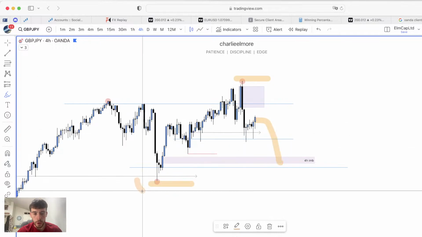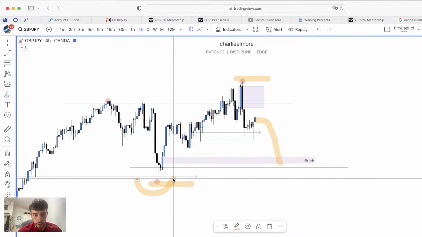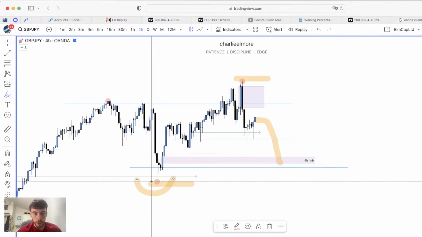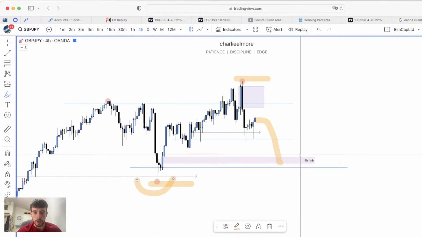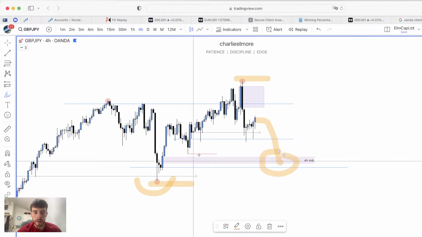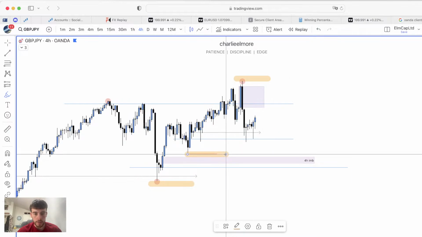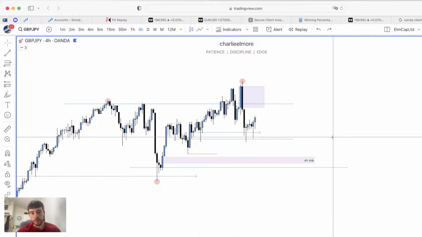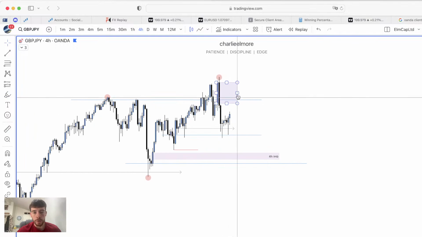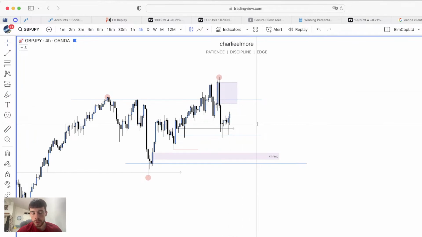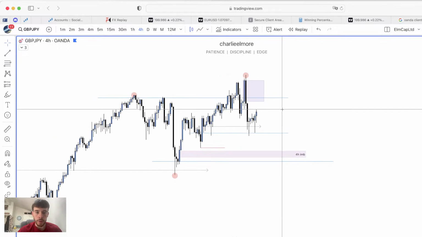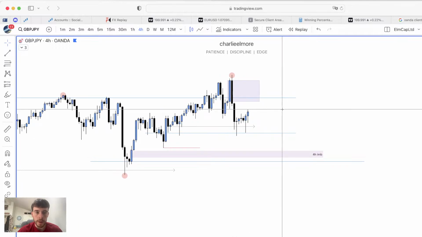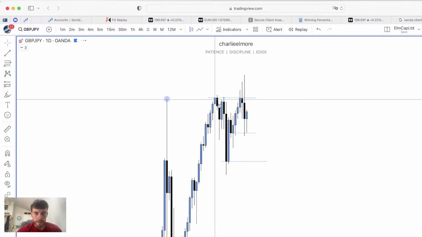So as long as this low remains intact and we don't have a candle body closure on the 4 hour below here, then still bullish on the 4 hour. So like I say, even if we come down into here, from here, we're still bullish, and that could be used to then take price higher. So there is that as well. Not only that, we've got liquidity there as well. So we've got a nice low there resting above that imbalance. Textbook setup, really. Could move away from here, but like I say, I'm not really bothered at the moment. I'm not interested. I'm not in a trade at the moment on this. So whatever will be, will be. So that's pound yen.